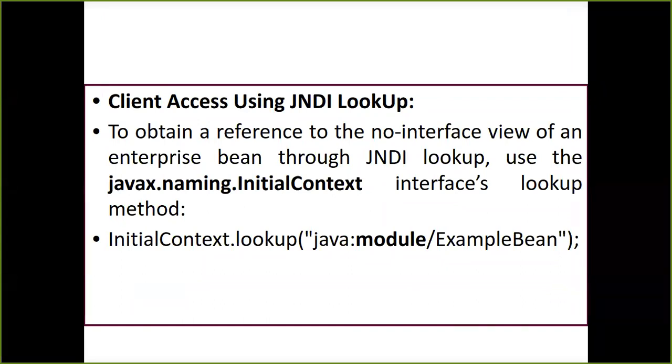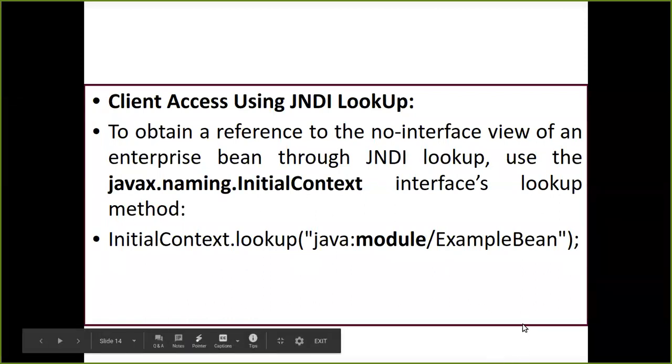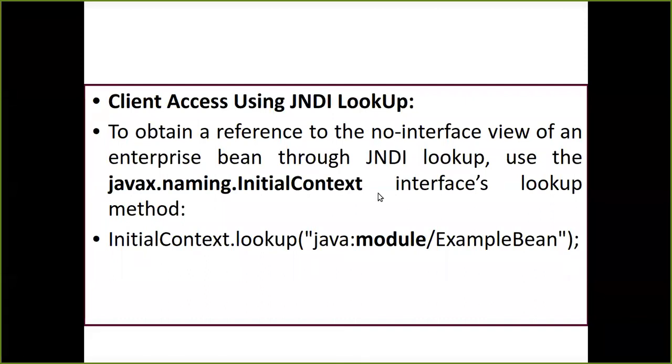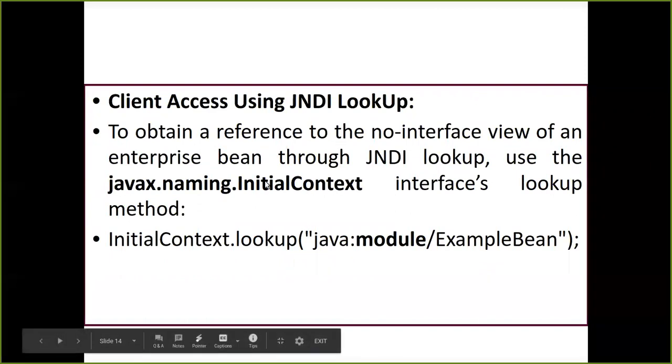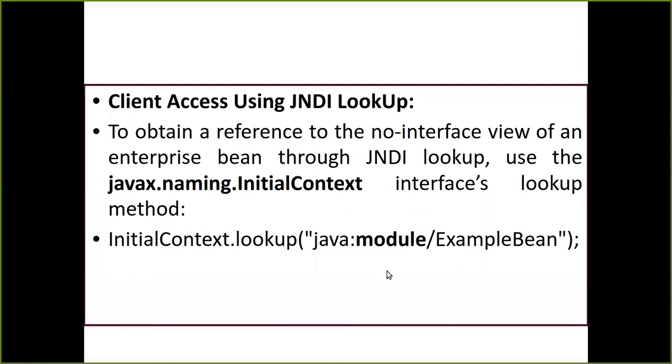Okay. So we have seen how we can make use of dependency injection. I'll give you the clear difference. If I make use of dependency injection, I just need to use @EJB. If I'm going for the JNDI lookup, not using dependency injection, I need to write this kind of code. So instead of writing the package javax.ejb.*, what we can write is javax.naming.InitialContext, or you can simply write javax.naming.*, because this package is responsible for providing the JNDI lookup.